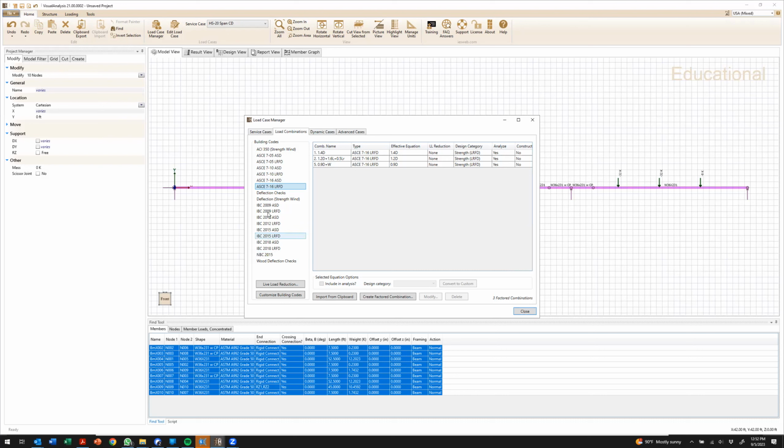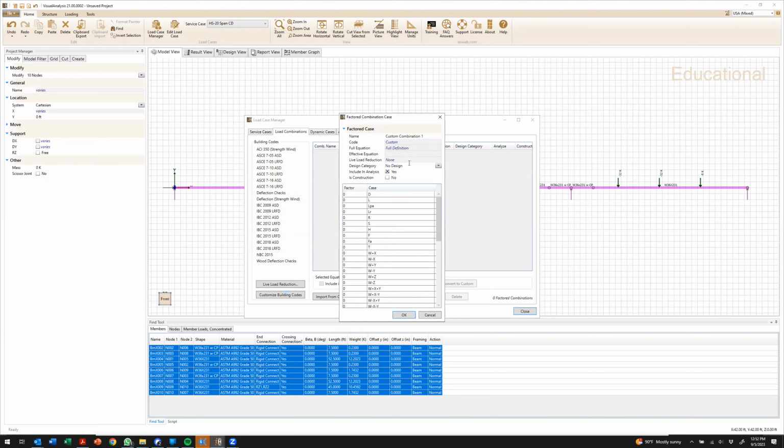Now, this is quite robust. It has a bunch of them built in, a number of different versions of ASCE7, International Building Code combinations, but it doesn't have anything associated with AASHTO. So what I can do is deselect that, and then I get none of the default load combinations. And what I can do is create a factored combination. And so I can come in and call that AASHTO STR1, and then I can break it down like this,